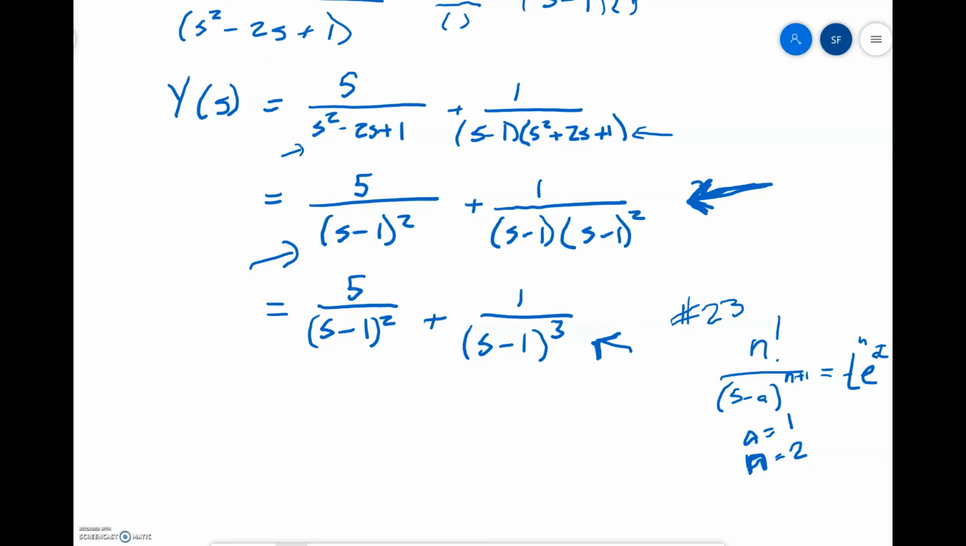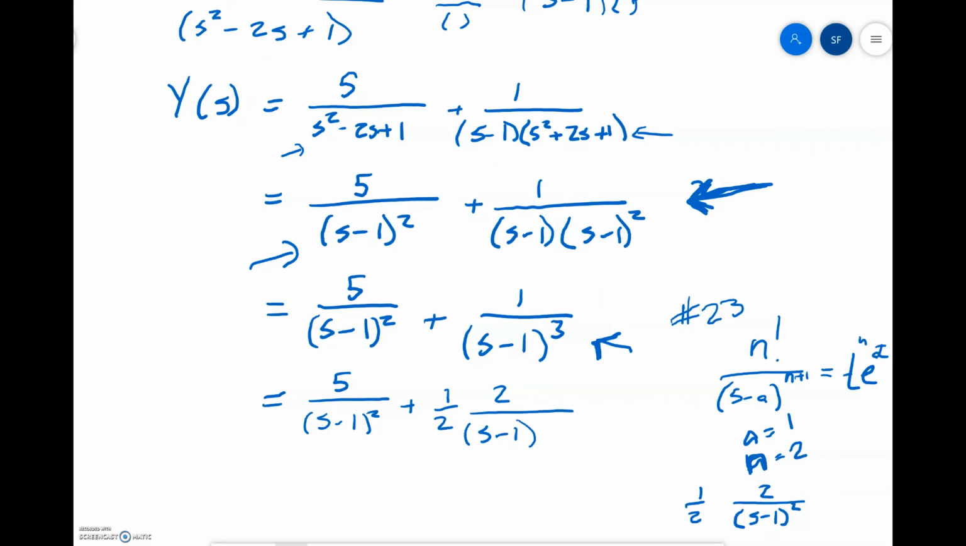If we rewrote this, we would need to have a 2 on top, but we can't just put a 2 on top. So we're going to have to both multiply by 2 and multiply by 1/2 in order to get our s minus 1. So this gets rewritten as one half times 2 over s minus 1 to the 2 plus 1. Then when I do my inverse of this,